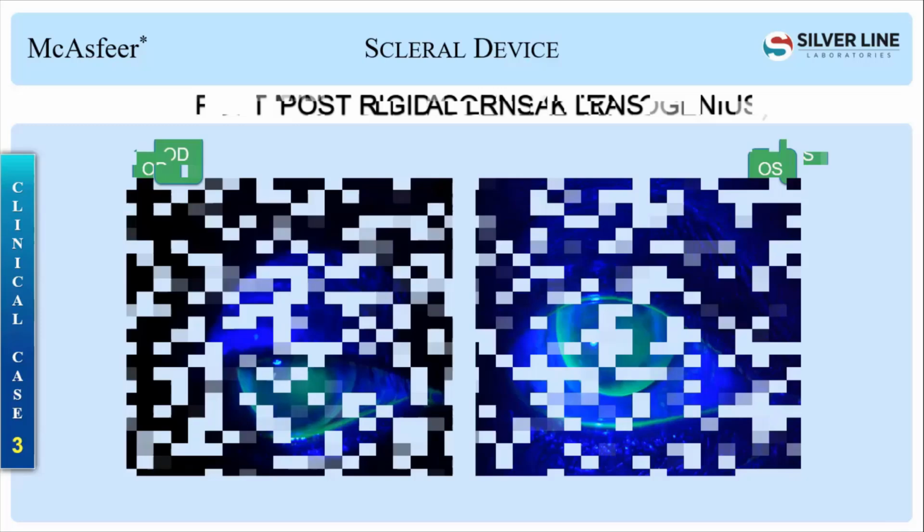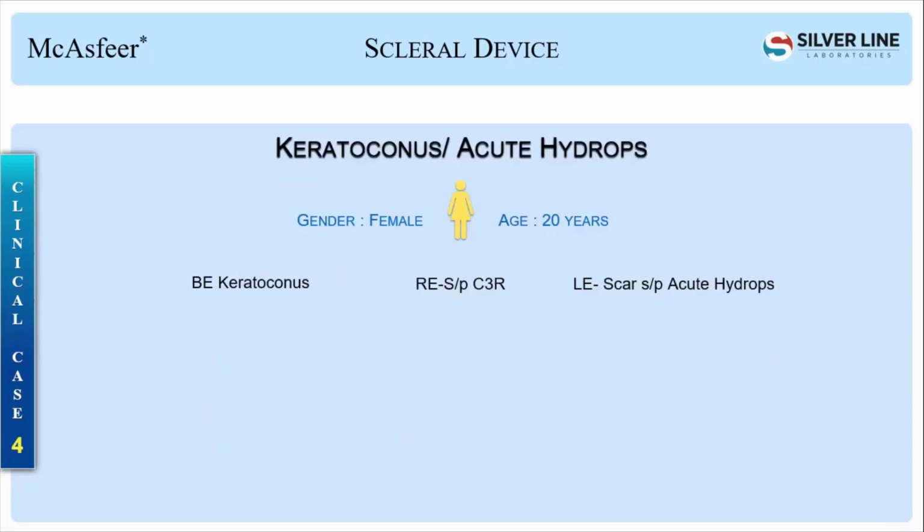And the patient we got was keratoconus with acute hydrops. She was a 20-year-old female, and she had keratoconus in both eyes, but in the right eye C3R was done. In the left eye there was a scar with acute hydrops. In an acute hydrops case, once it has healed, like after 6 months